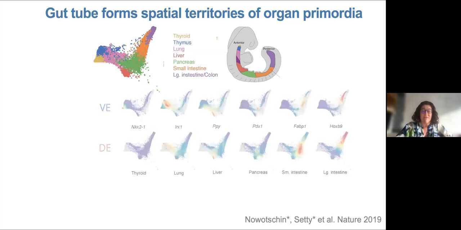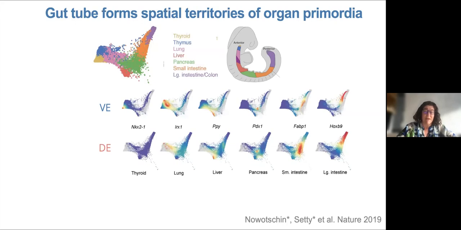And because we had these cells' fate map, we could look at the cells that were of epiblast origin and the cells that were of extraembryonic origin and see what they expressed. First of all, if you control for where they are along this pseudo-space, where they are along this gut tube, and we did validate this pseudo-space, you can see that whether they are epiblast or extraembryonic, they all express the master regulators of the organ that is going to bud out of that location.